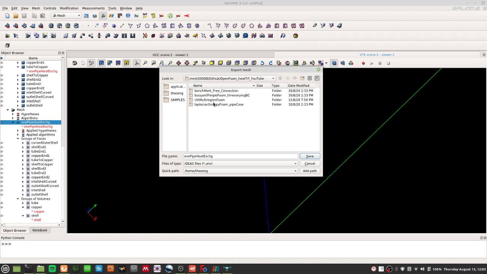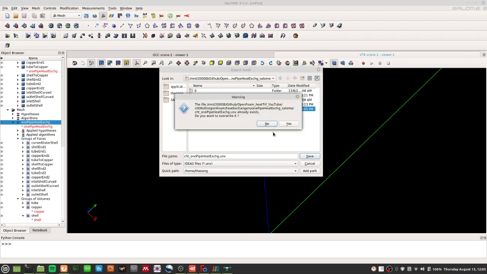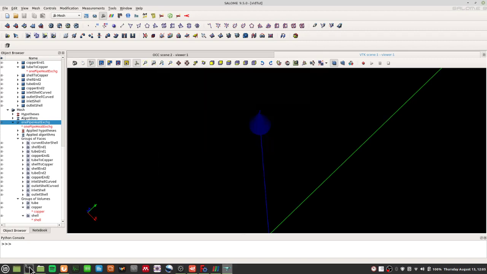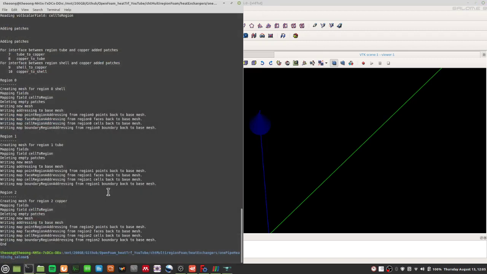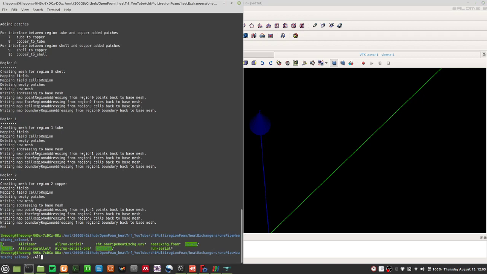I'll look for the OpenFOAM directory under CHT multi-region foam, and I'll go to heat exchangers. I will save over this file, CHT one pipe heat exchanger. So I'll save over this file and overwrite it, because those should be almost identical. So once I do this,